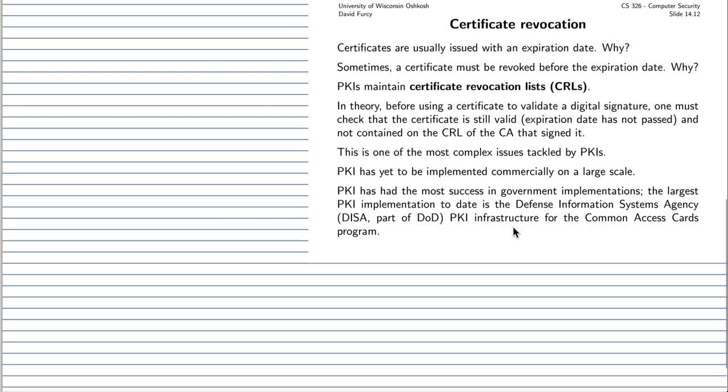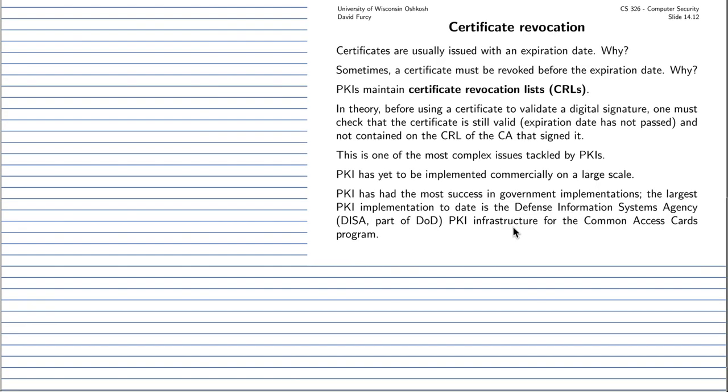So this leads us to one more property of certificates that we haven't mentioned yet, which is the fact that they come with an expiration date. In fact, in the previous video, when I showed you the Amazon certificate, you can go back and check that there was an expiration date on it. So why do certificates come with an expiration date? They are not valid forever. Well, the main reason is because they may end up containing stale data.